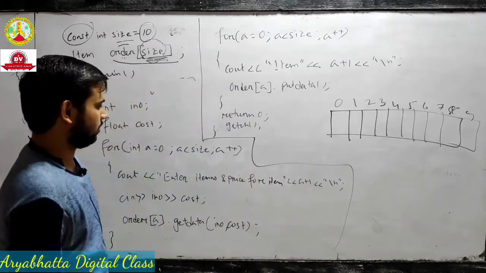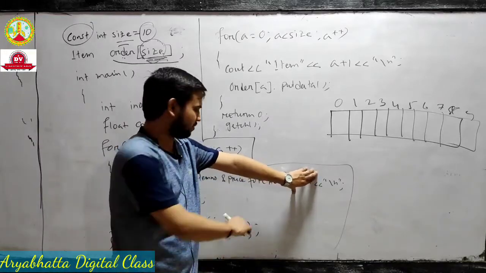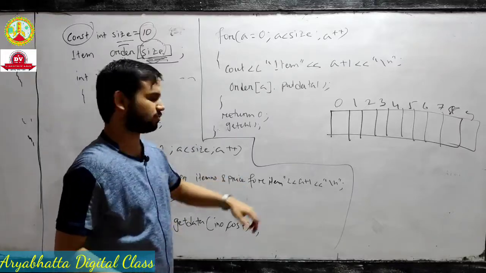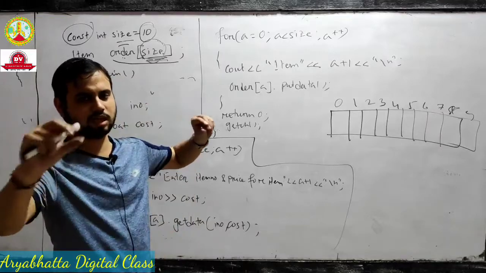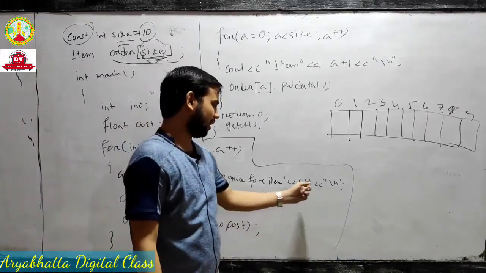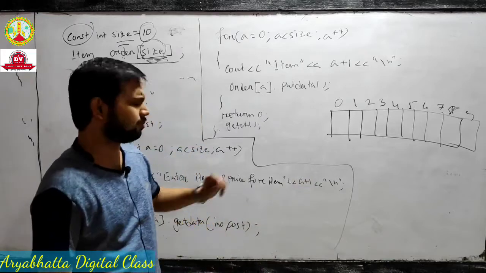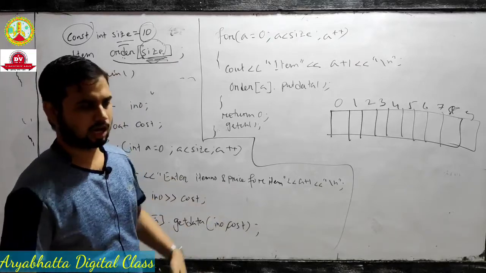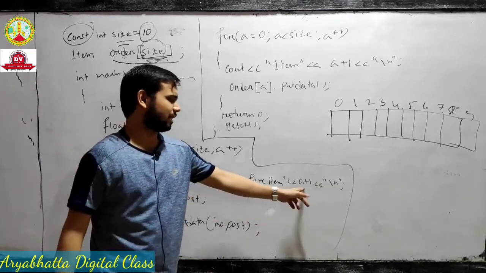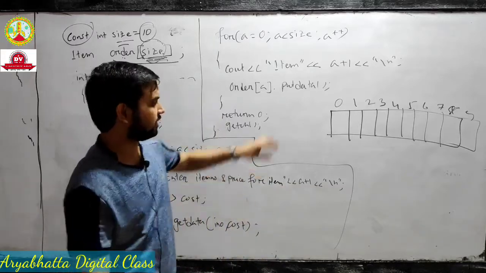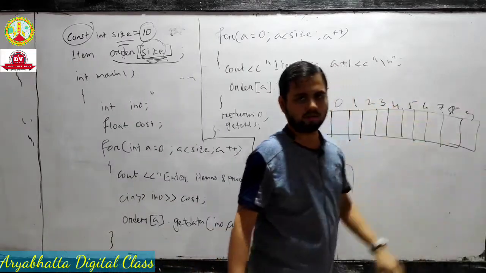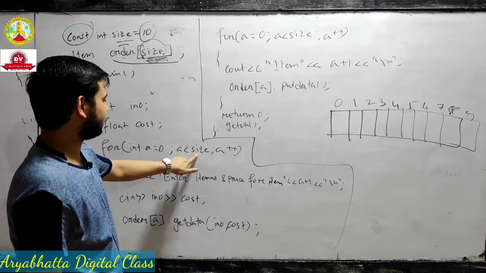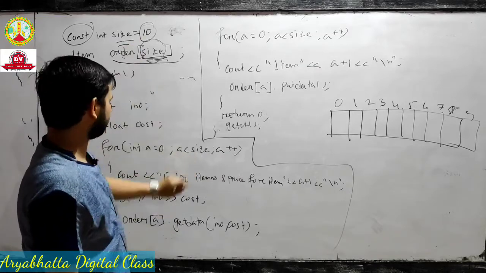A plus 1 we use, because if we don't write this, then the same statement will come every time, 10 times: enter item number, price for item, enter item number, price for item. The same line will always come. And if you write only a, it will start from 0, and it will not look suitable, because it would say enter item number and price for item 0. How will it look? That's why we write a plus 1 for designing purpose, 1 to 10, but the index is from 0 to 9. Here we initialize from 0, less than size means less than 10, and size is assumed here as 10, so the last index is 9.